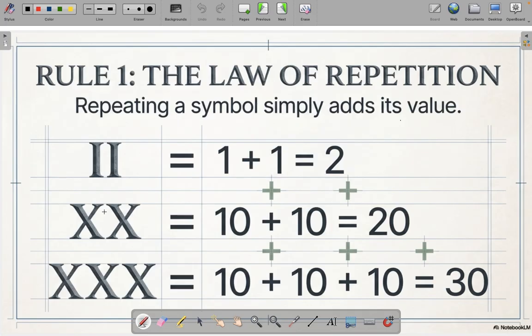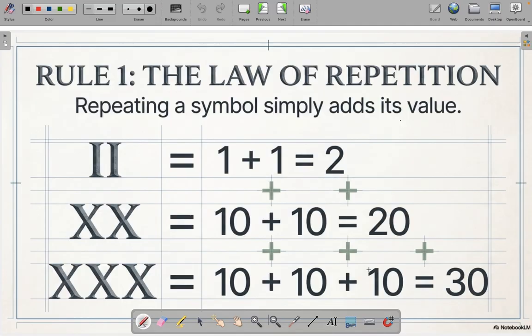So when you are repeating two numbers, that means you're simply adding the same value. If I am repeating I, it means I'm adding 1 and 1 again, so this will become 2. If I'm repeating X and X, this would become 10 plus 10, which is equal to 20. Similarly, if I'm repeating X 3 times, it would become 10 plus 10 plus 10, which